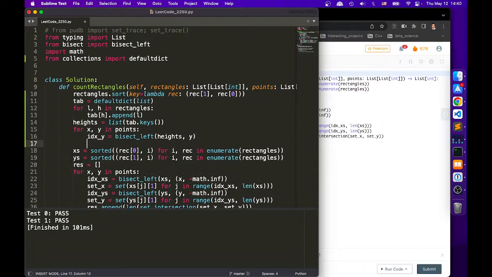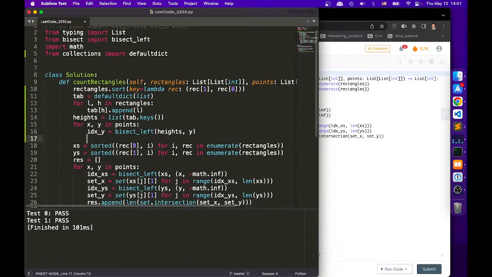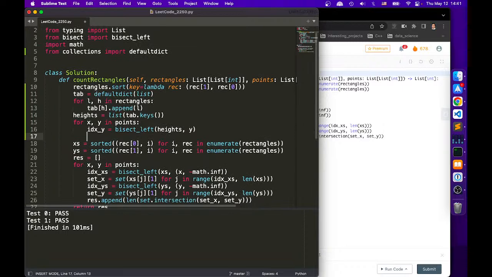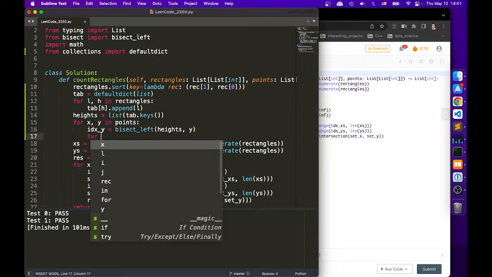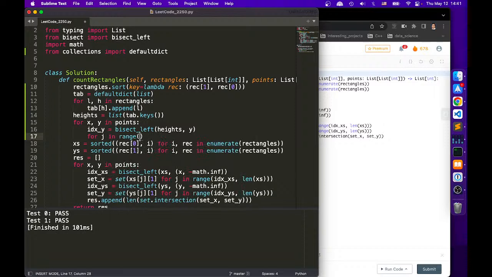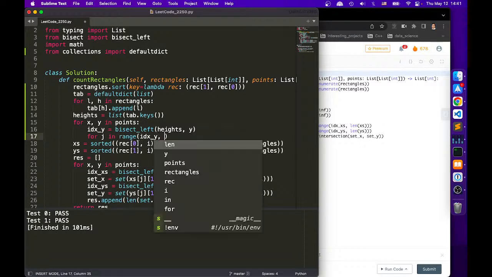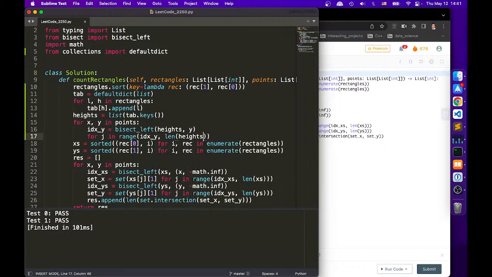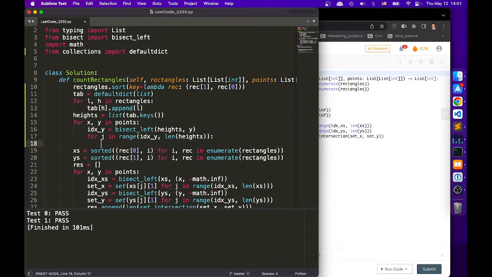Because bisect left, so basically just go with index y, right? And then we say for j in range from index y to len heights, right? So for each of them, we're gonna do